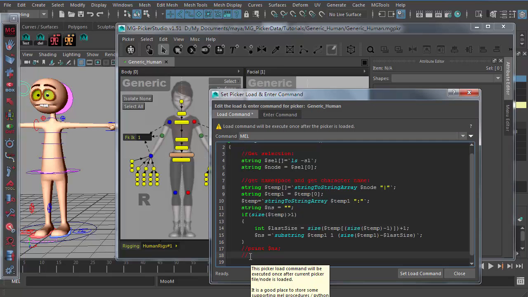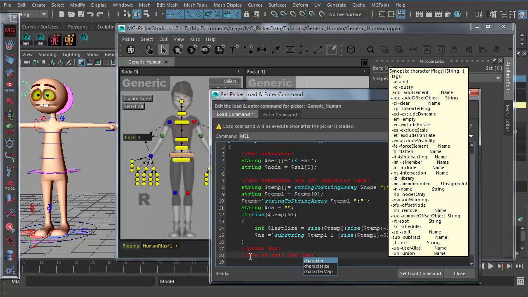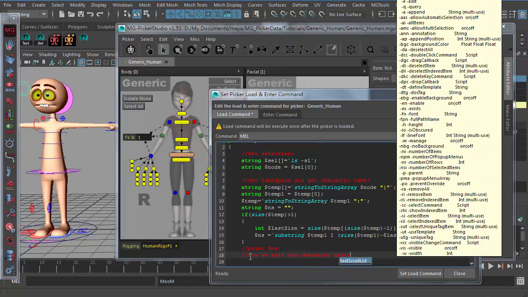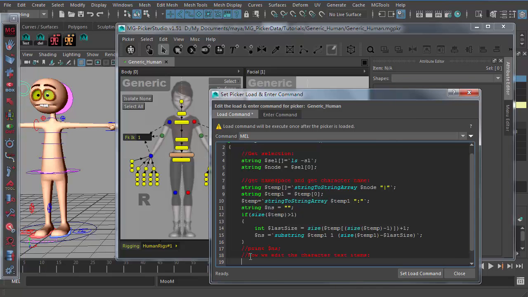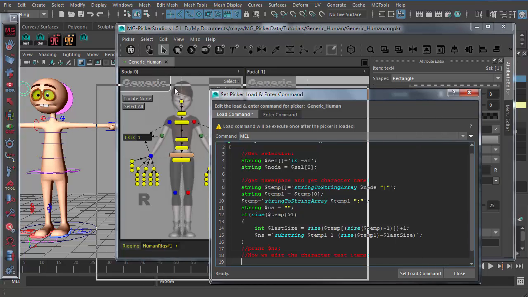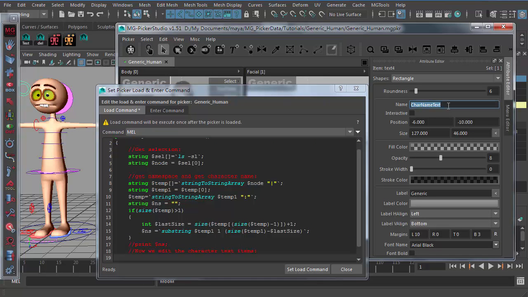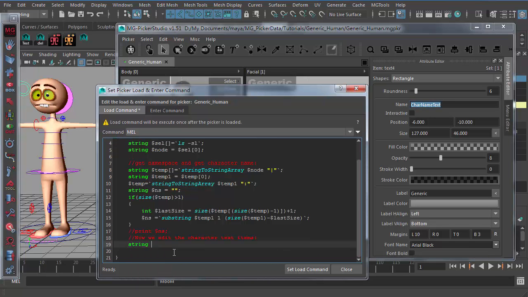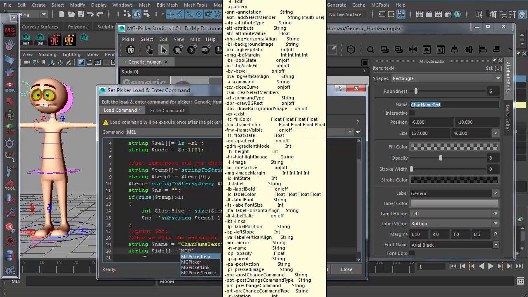Okay, so next thing we need to do is now we edit the character text items. So the name of that text item is character name text. So string name equals this. And in order to edit this text item, we have to get their IDs. So we can get IDs from this name. So we just string IDs. It's a string array. So mgpicker